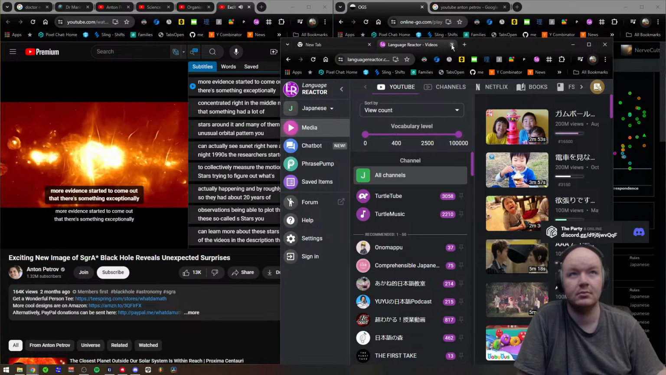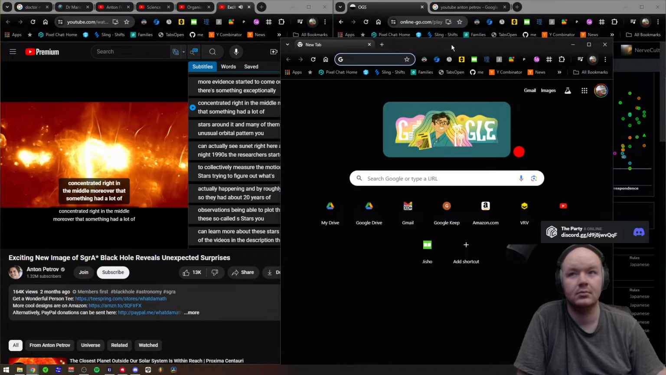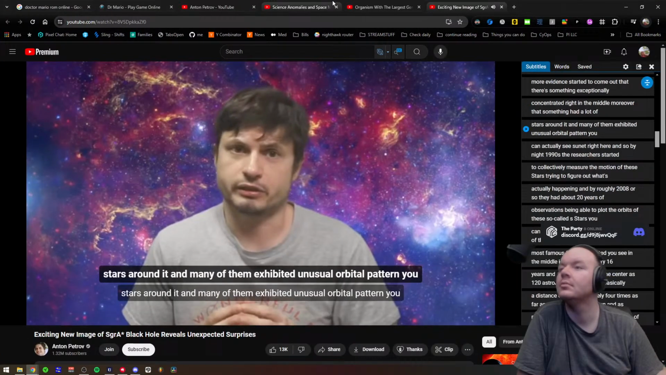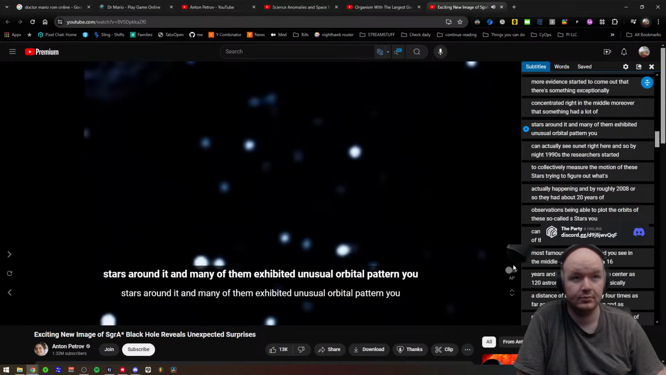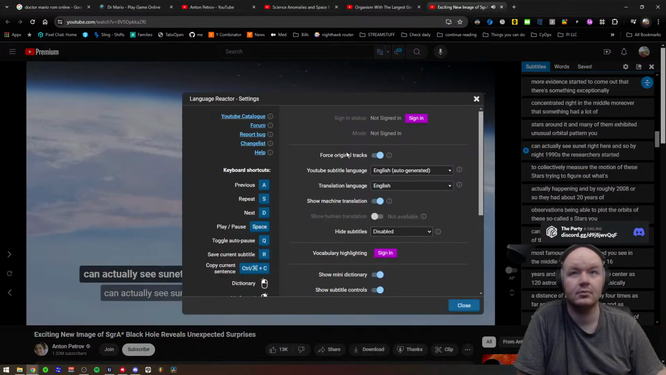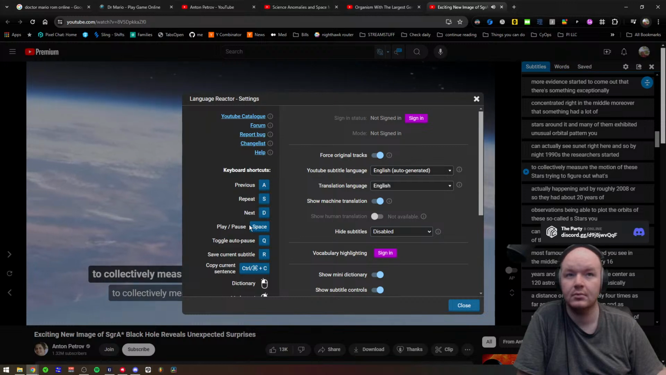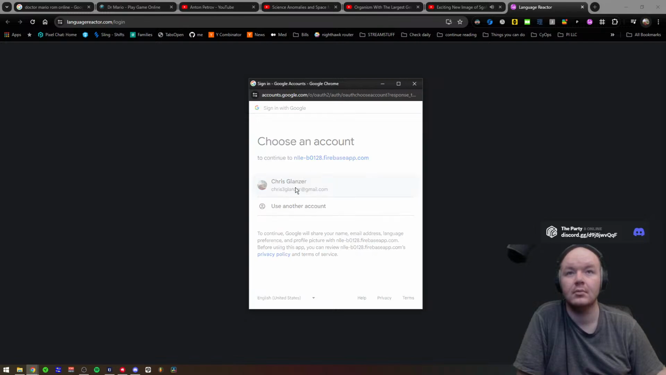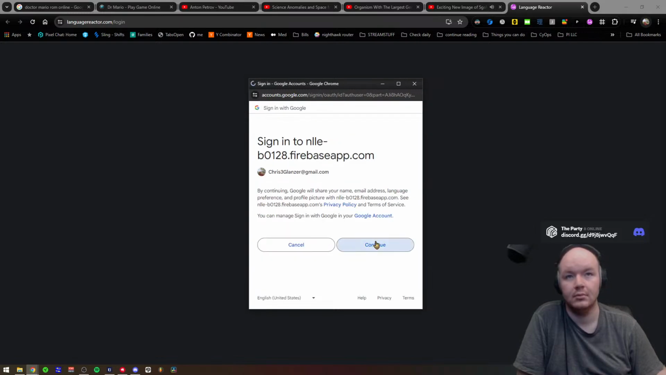And it wasn't until the 1990s and additional observations in the infrared and submillimeter wavelengths that more and more evidence started to come out that there is something exceptionally concentrated right in the middle. Moreover, that something had a lot of stars around it, and many of them exhibited unusual orbital patterns. You can actually see some of it right here. And so by the 1990s, the researchers started to collectively measure the motion of these stars, trying to figure out what's actually happening. And by roughly 2008 or so, they had about 20 years of observations, being able to plot the